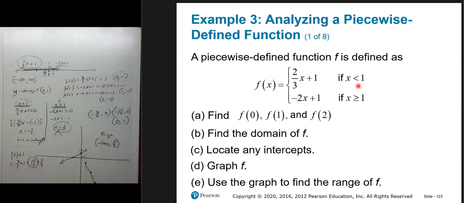Questions? I kind of zoomed through this, but